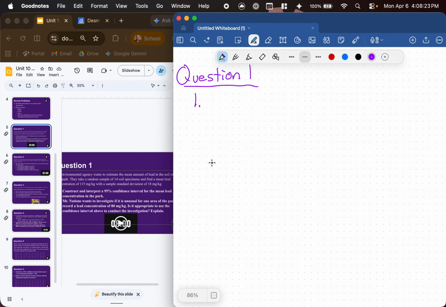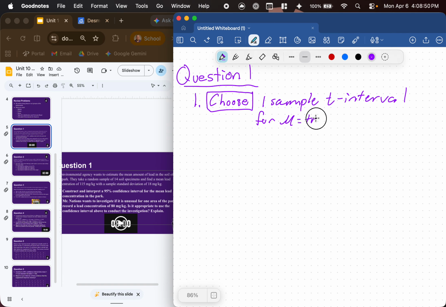So we know automatically there that's our 4C method. So we're going to start with our choose. What do we care about here? Well, it's a one sample and it's a T interval because of the fact that it's talking about sample means. And then for our population mu, and mu here is just our true mean,